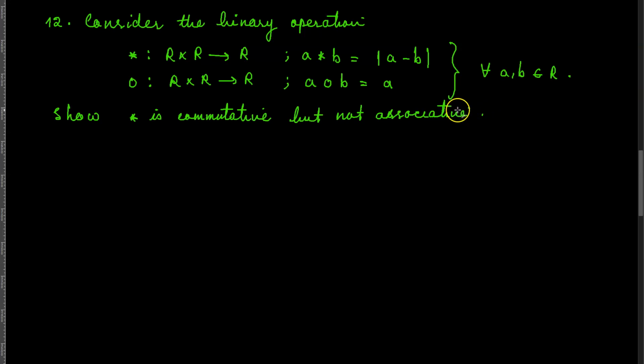And further, you want to show that O is, not commutative but associative. So O is associative but not commutative,